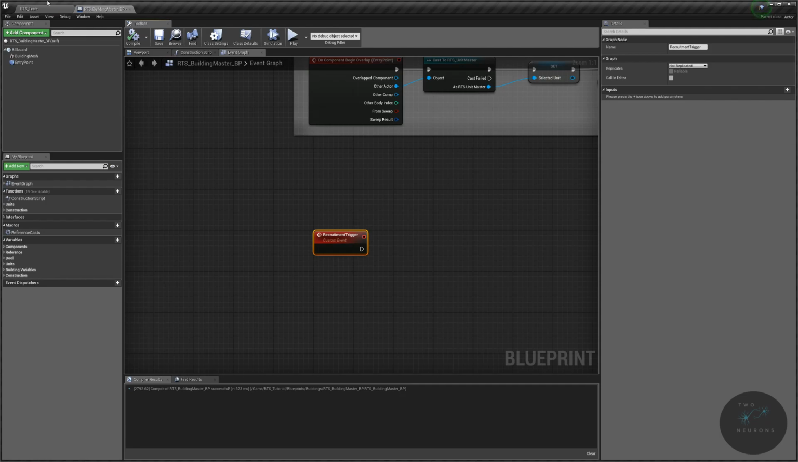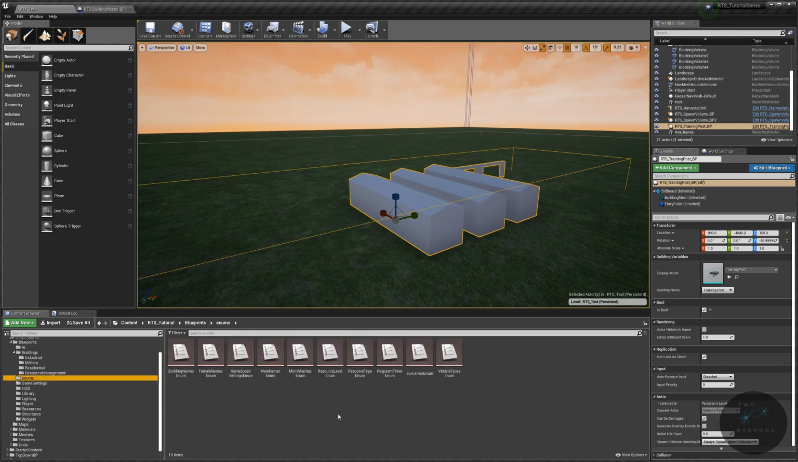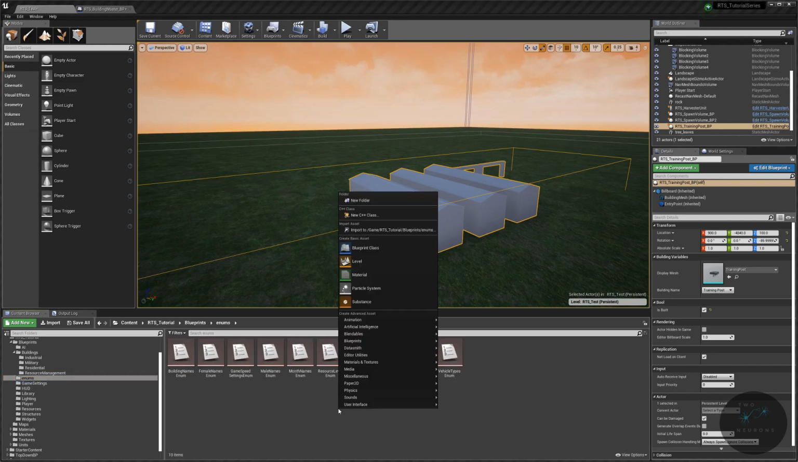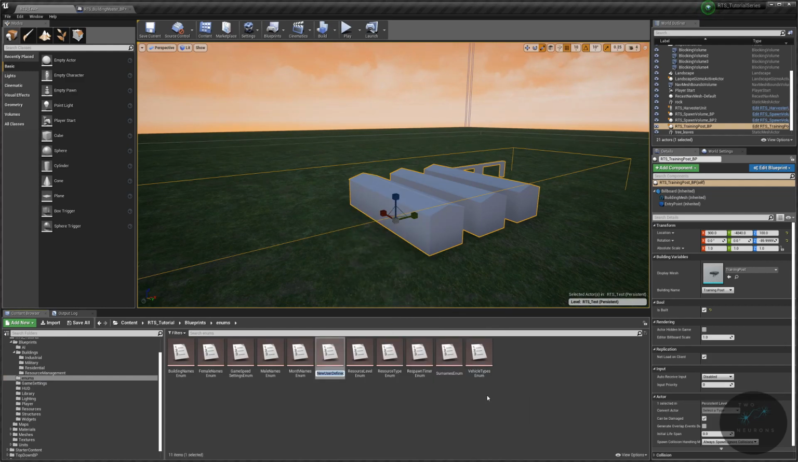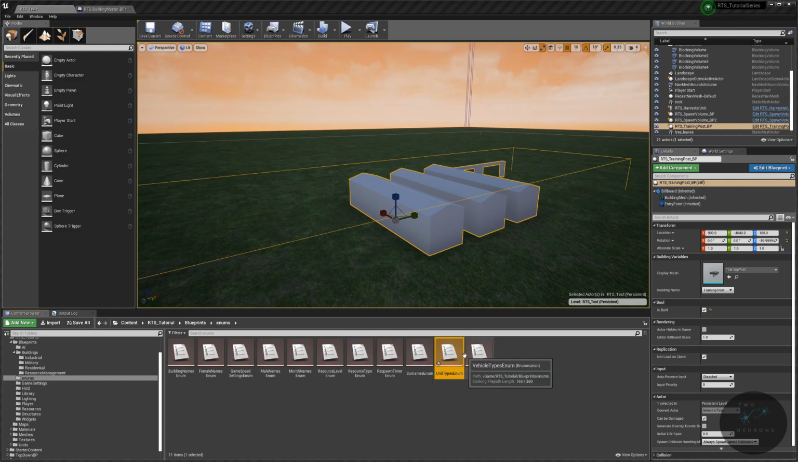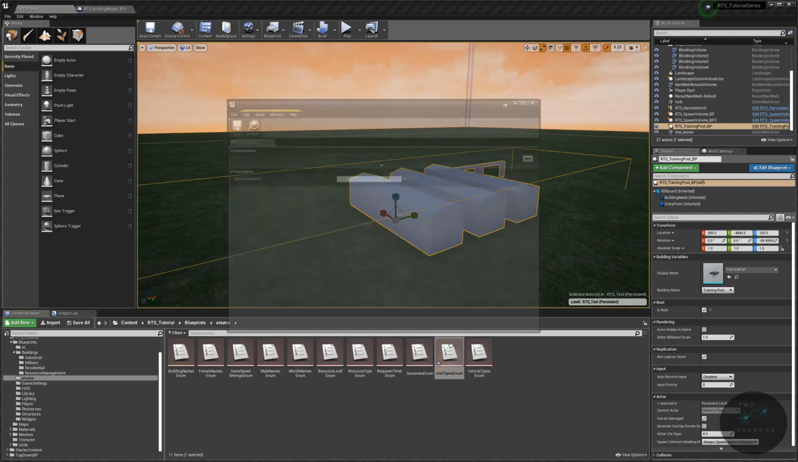So now that's done, let's leave this blueprint open because we need to add one more thing to it. But first, let's go to our enum folder, and we're going to add a new enumeration. So right click, blueprints enumeration, and this will be unit types enum. Now let's go into our unit type enum, and let's add in, oops, that was vehicle type. Let's add in